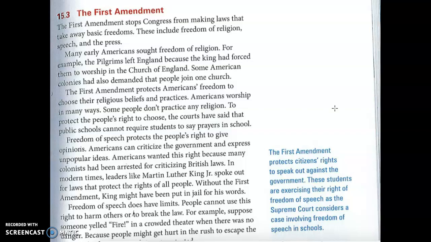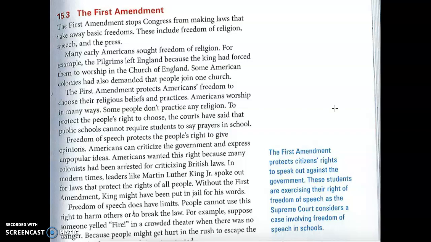Many early Americans sought freedom of religion. For example, the Pilgrims left England because the king had forced them to worship in the Church of England. Some American colonies had also demanded that people join one church. The First Amendment protects Americans' freedom to choose their religious beliefs and practices. Americans worship in many ways. Some people don't practice any religion. To protect the people's right to choose, the courts have said that public schools cannot require students to say prayer